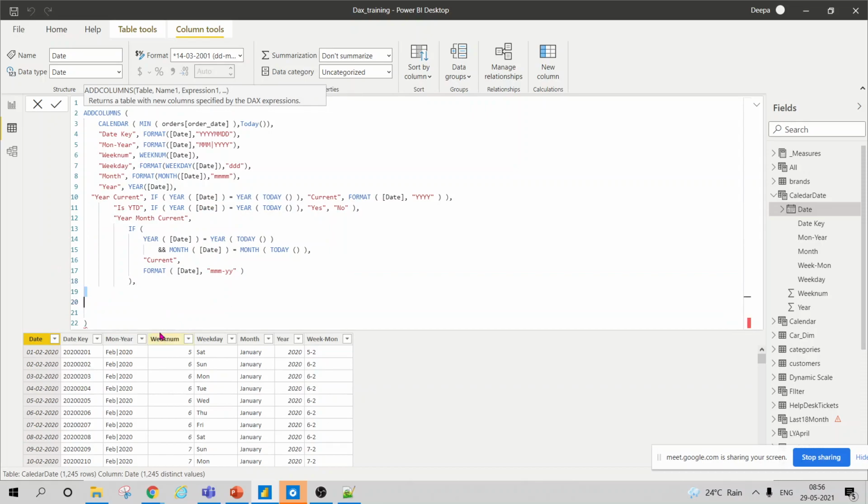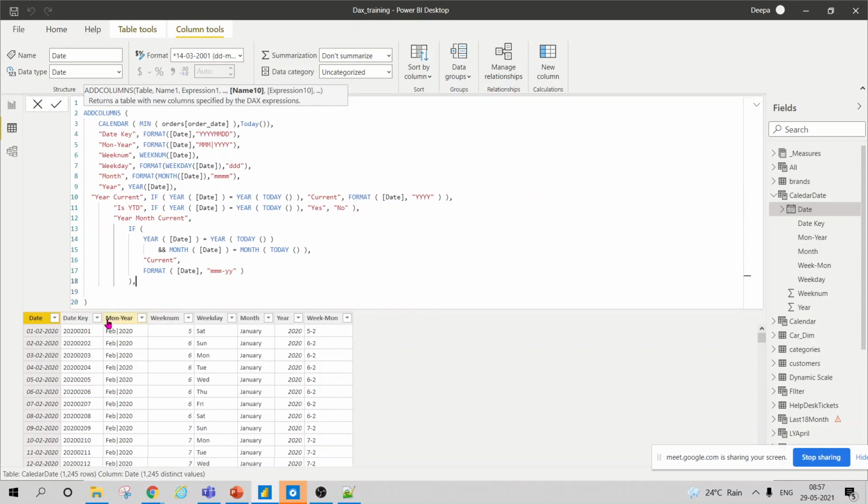So what does the year current function do? It will first of all check if your year is current or not. So if year of my date is year today, then write current, and format it like this. Then another function is YTD.